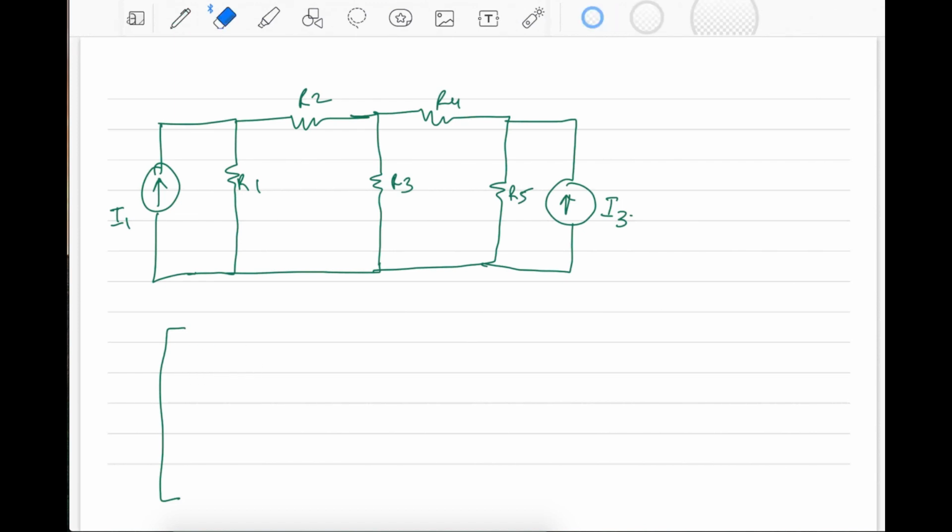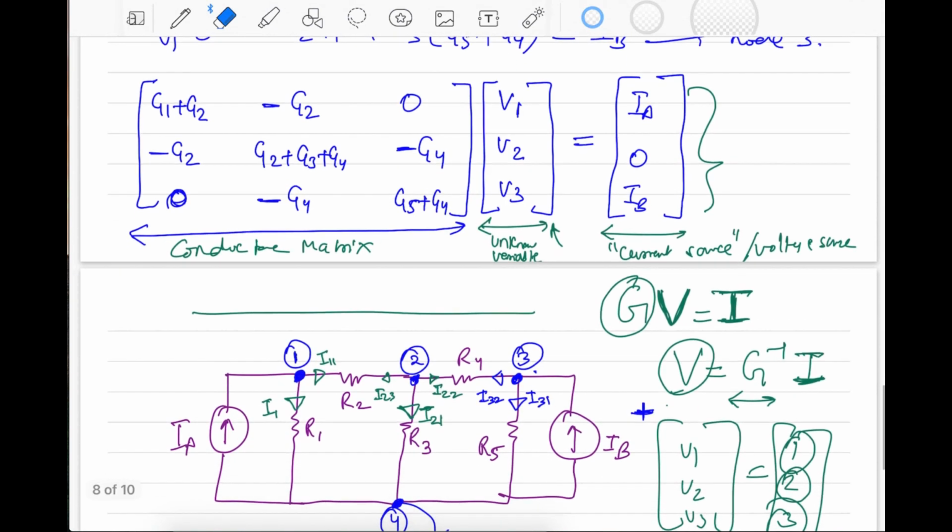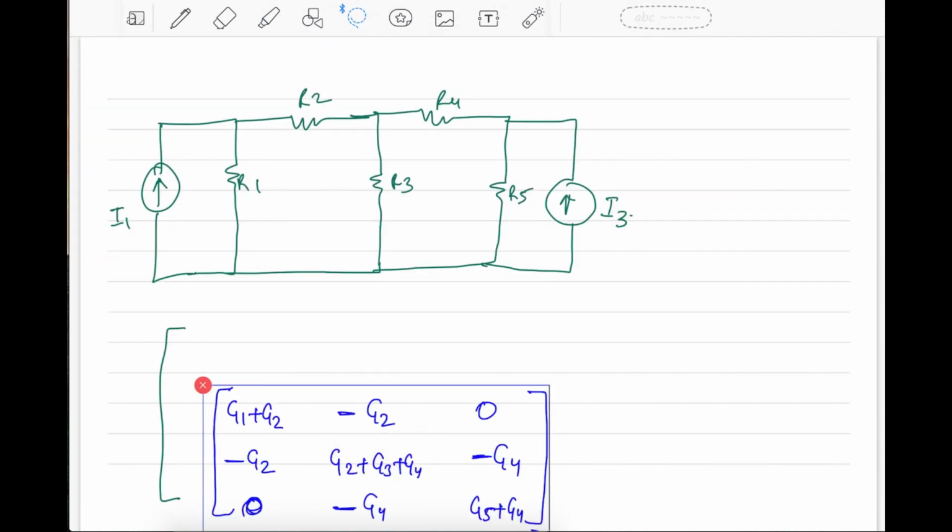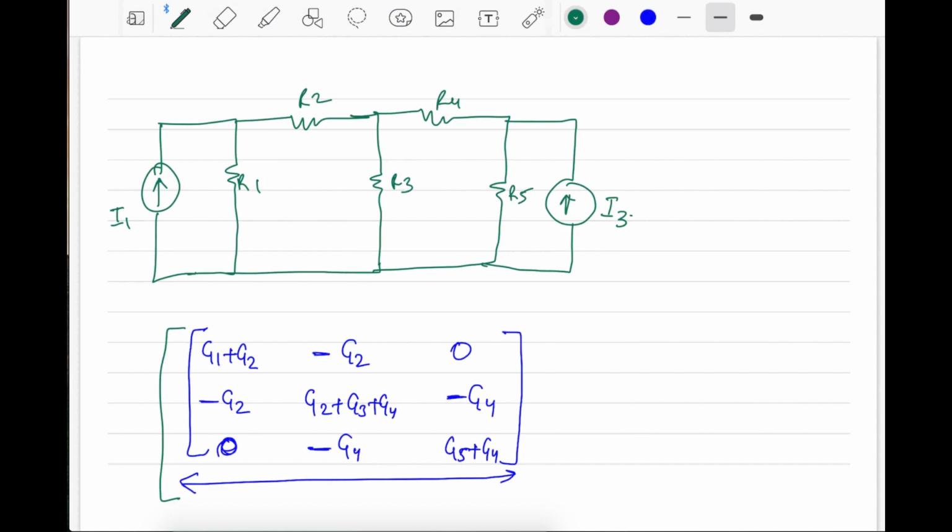So the conductance matrix is... so this is your conductance matrix for this particular circuit. Let us see if I change something here, how this conductance matrix will change. Let us say I apply a resistance here, like in case you have a different circuit where you have a resistance, let us say Rx. What will be the change that you will observe here?